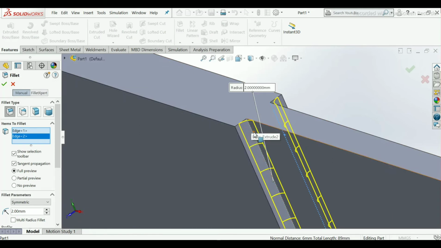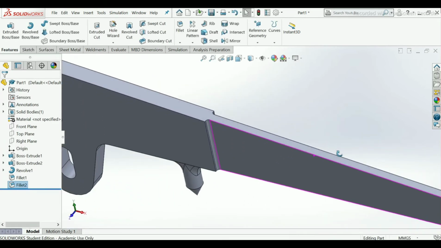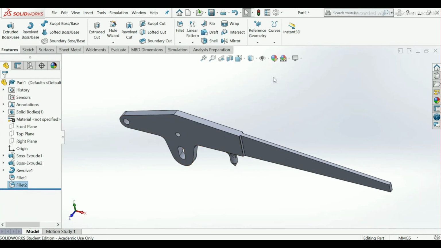Give it in this portion only. Click OK. So now our model has been completed. This is our second last model for safety wall, ram bottom safety wall. If you want to give color, you can give it as per your choice.